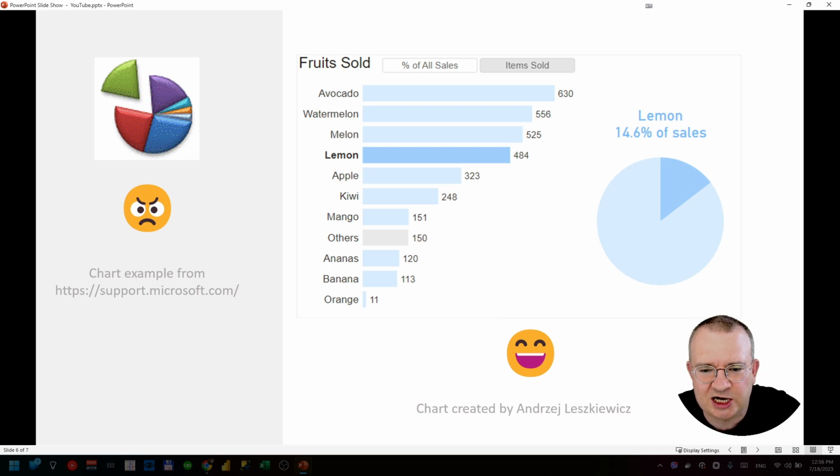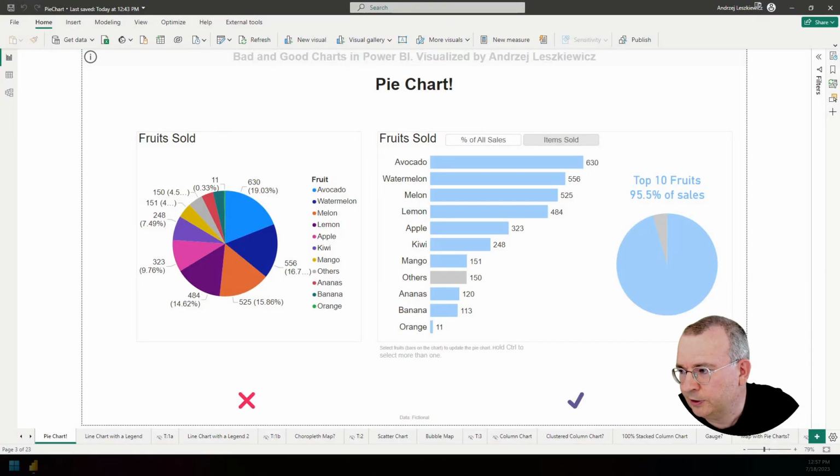First of all, bar chart allows to compare the slices one with another, and with the lemon slice highlighted on the pie chart and on the bar chart, you can easily see what part of the whole these lemon sales represent. And you also can make a chart like this, a combination of a bar chart and pie chart, interactive.